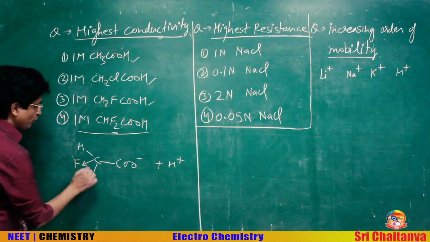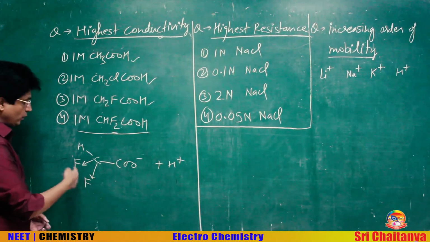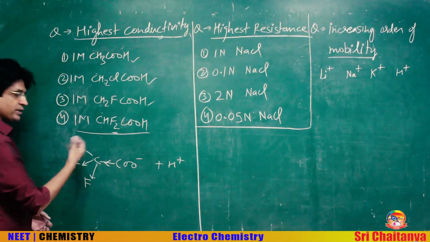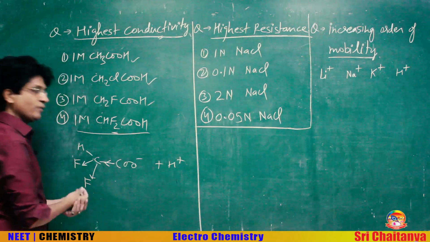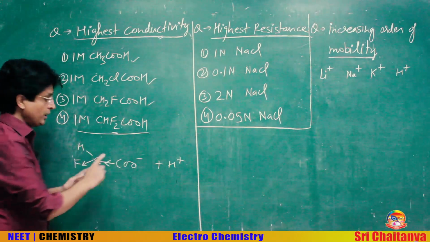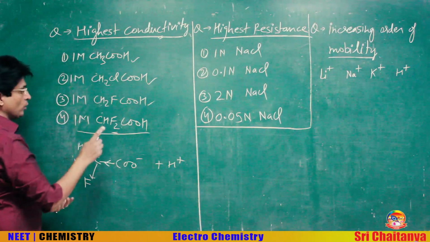Now we have got 2 fluorine which are highly electronegative. So now because of the minus I effect of the 2 fluorines, the negative charge will be dispersed. More is the dispersal of the charge, more stable is the species. More stable is the species, more it will be formed in the amount. So among these 4,